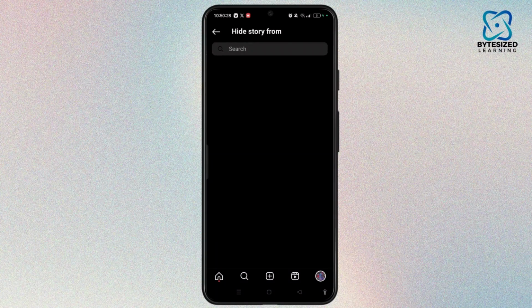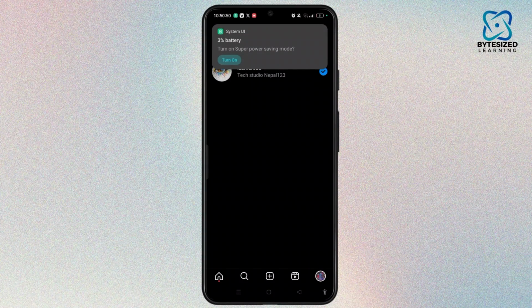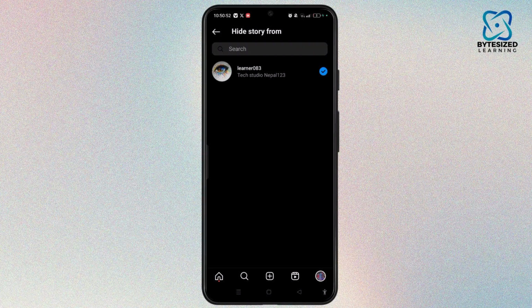Open it. So I have just chosen one person. If you want to select everyone, then there is no such option to hide a story from everyone at once. So you just have to tap manually one by one. It will be easier if you have fewer followers, but if you have more followers, then it's quite difficult and time consuming. So the best way I can teach you is to hide your story from some particular person,